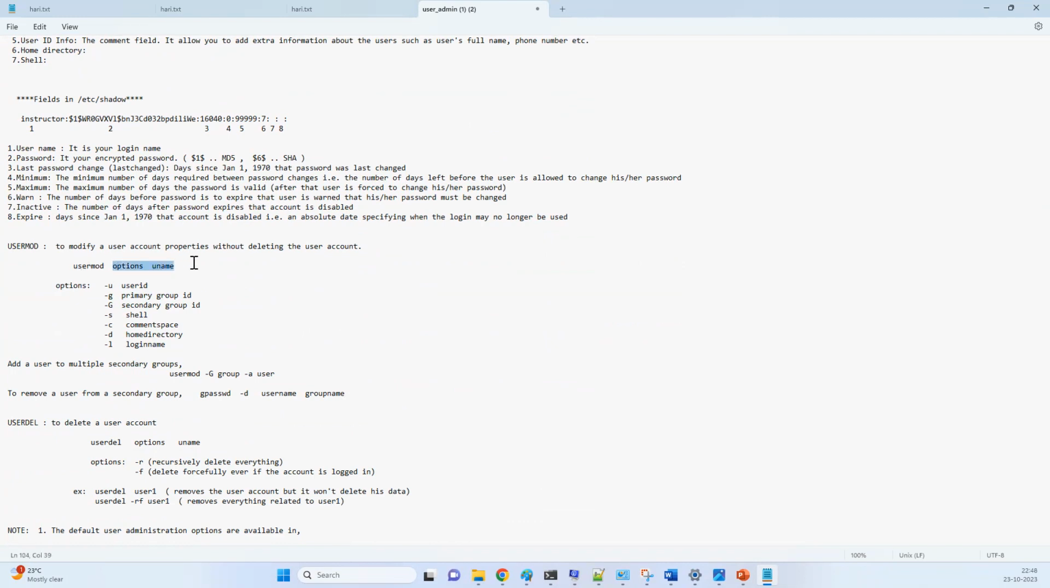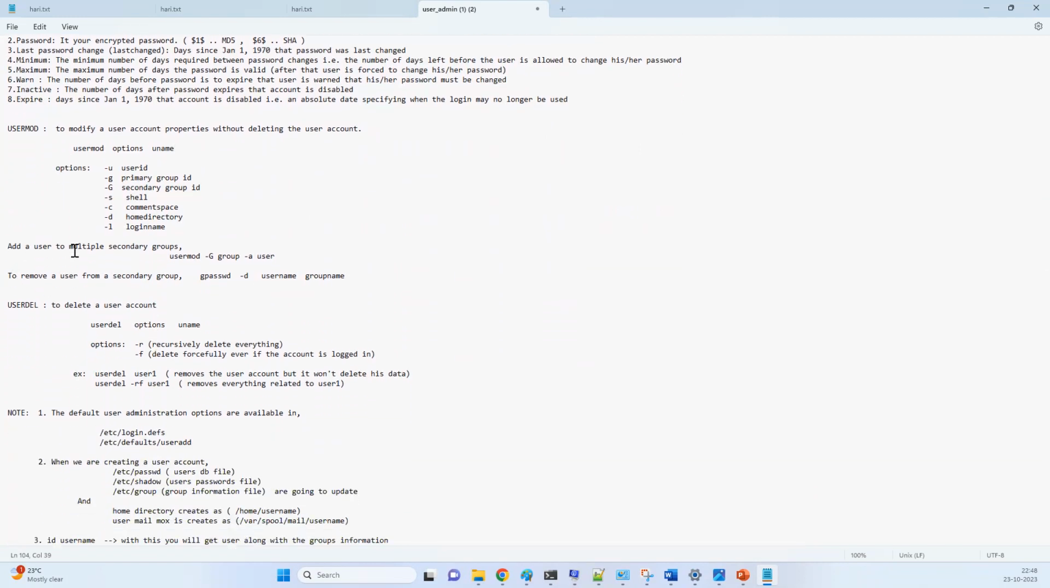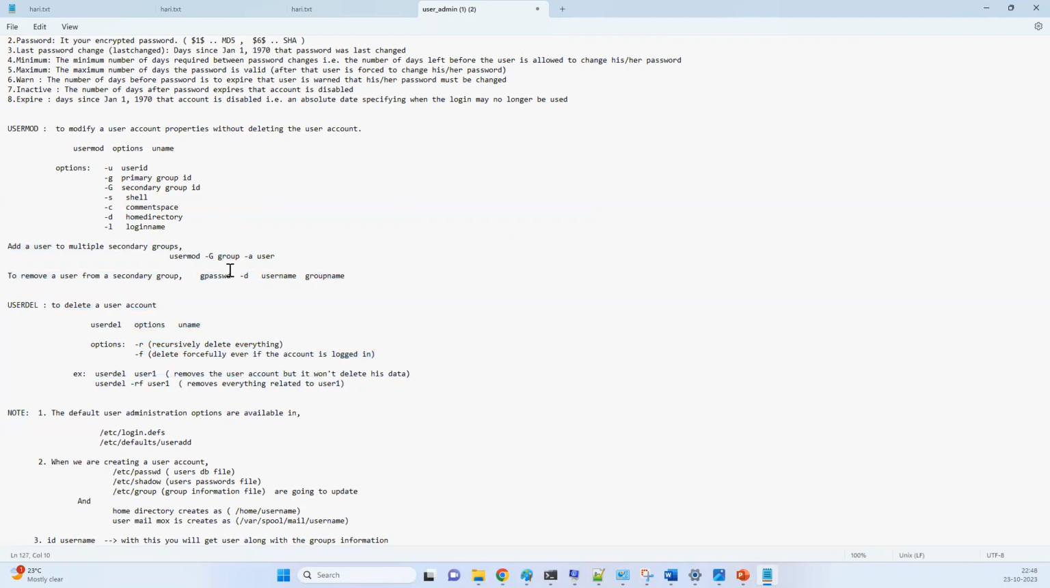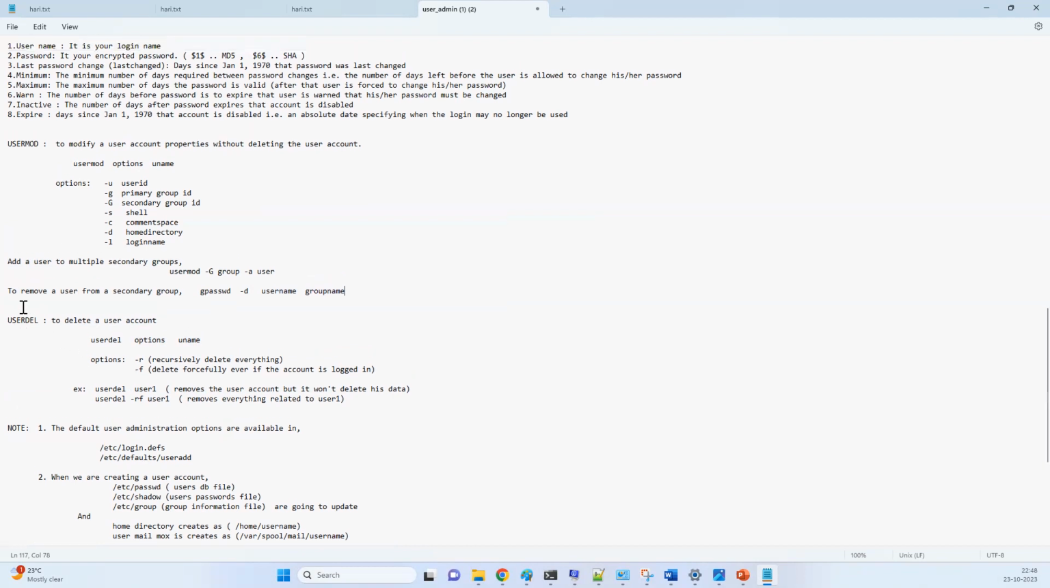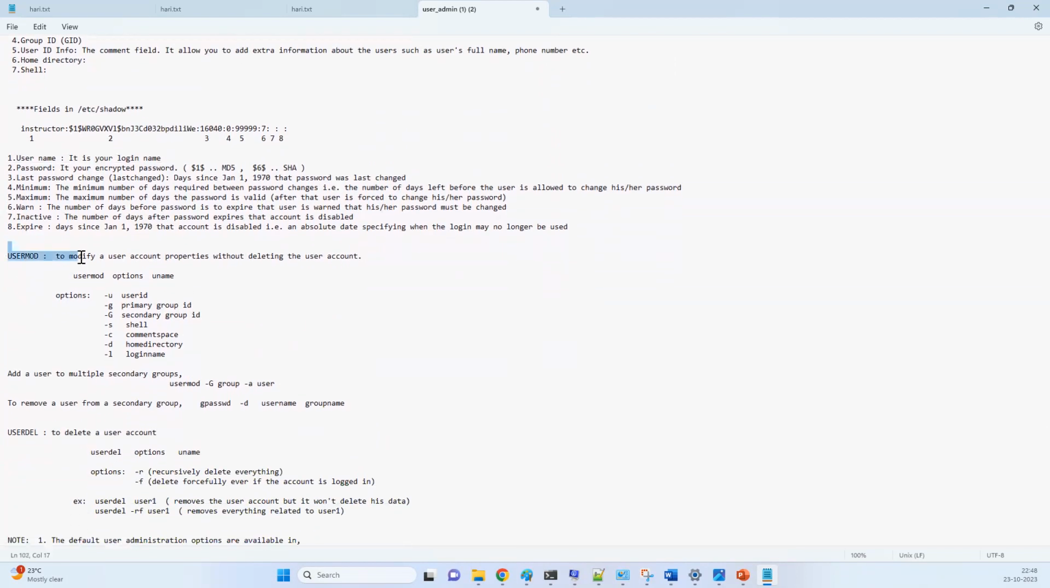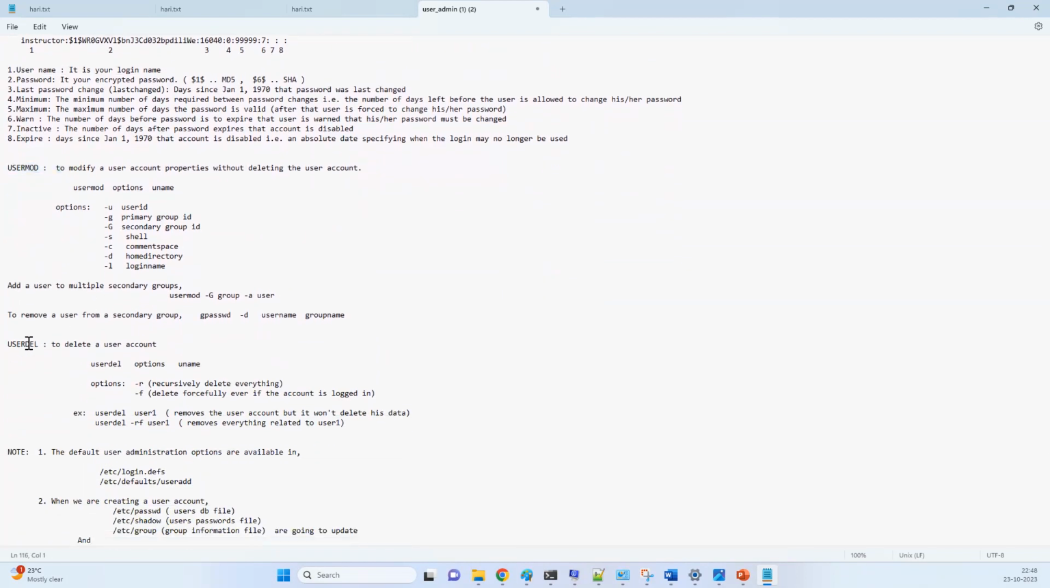So usermod options: you can change the name, user ID, primary group, secondary group, shell, comment, directory, login name. To add a user to multiple secondary groups: usermod -G group -a user. To remove a user from a secondary group: gpasswd -d username groupname. So useradd is to create, usermod is to modify the user account, and